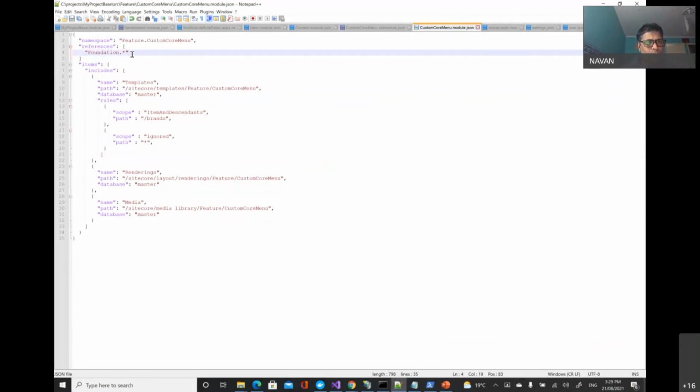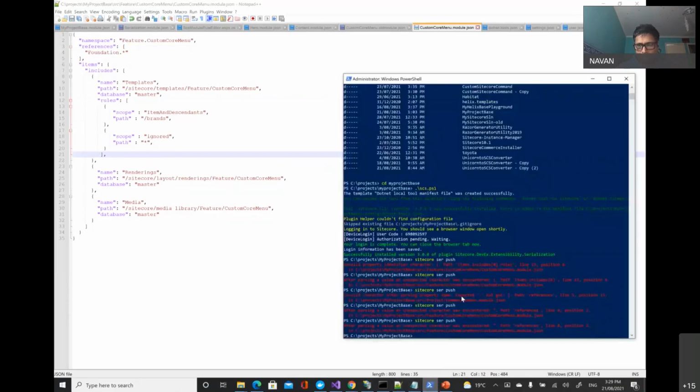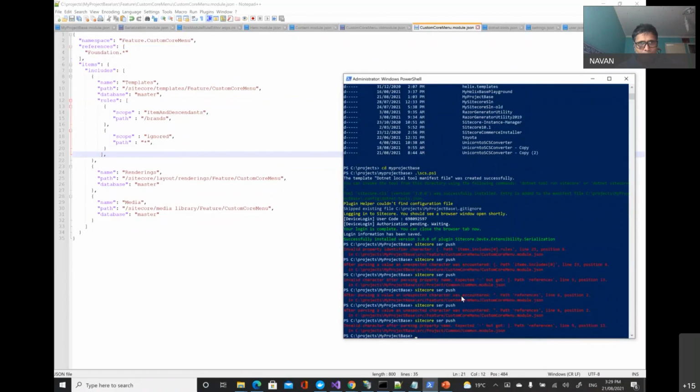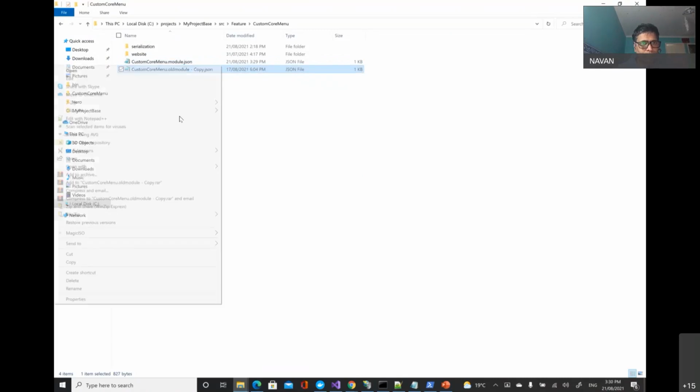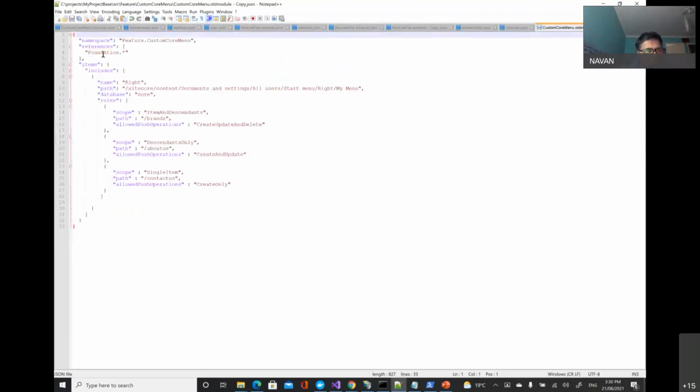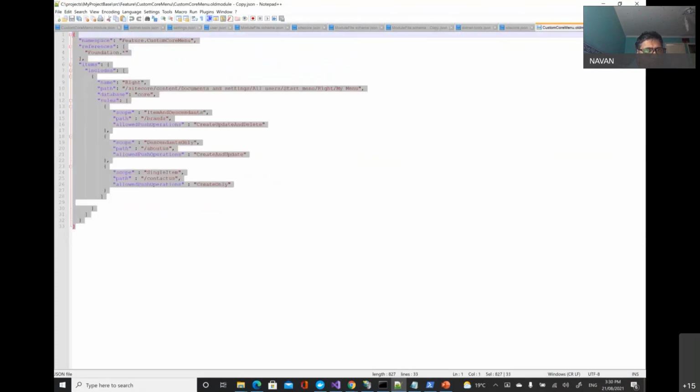There's something wrong here, but I'm not able to spot what, some kind of syntax error. One second, let me pick up a copy of this file and check. Comma references.